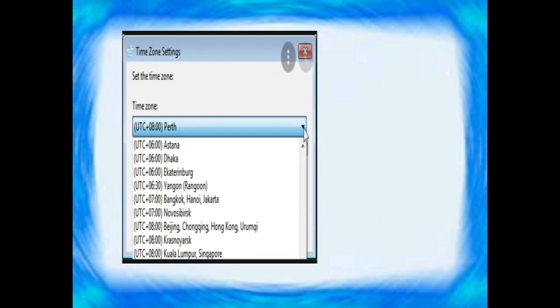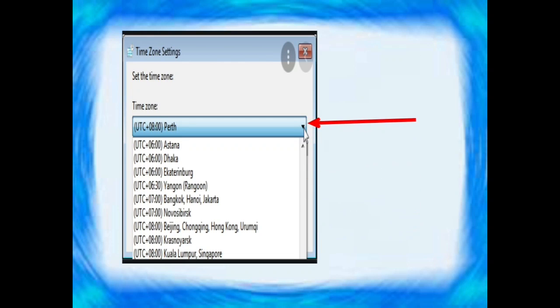See, now these are the different time zones. Bangkok is there, Belgium is there. According to which country you are in, you have to change the time zone. Okay, students, so this is the time zone.